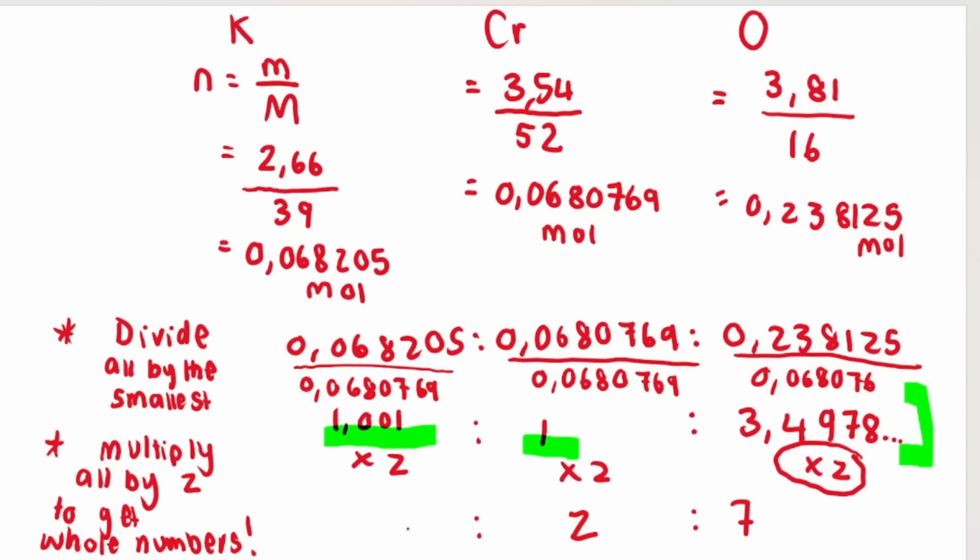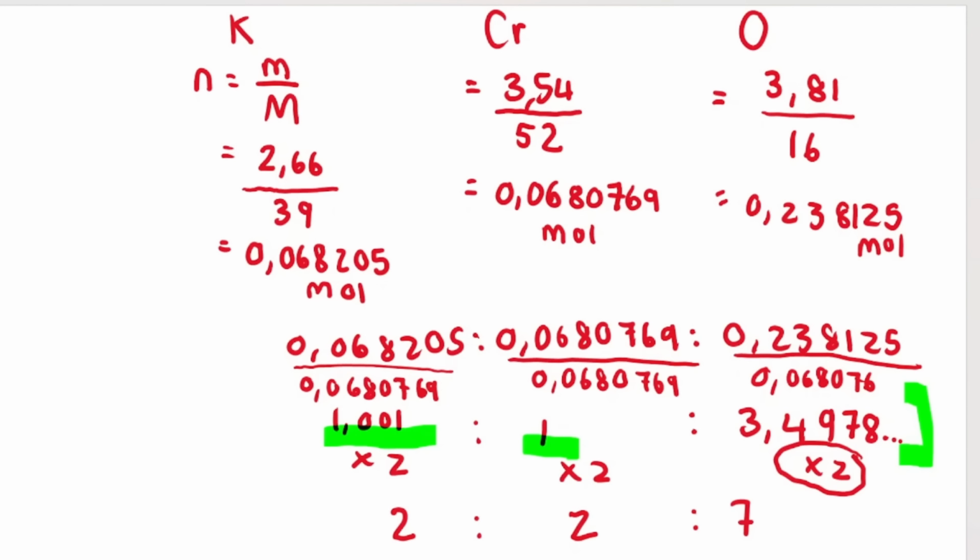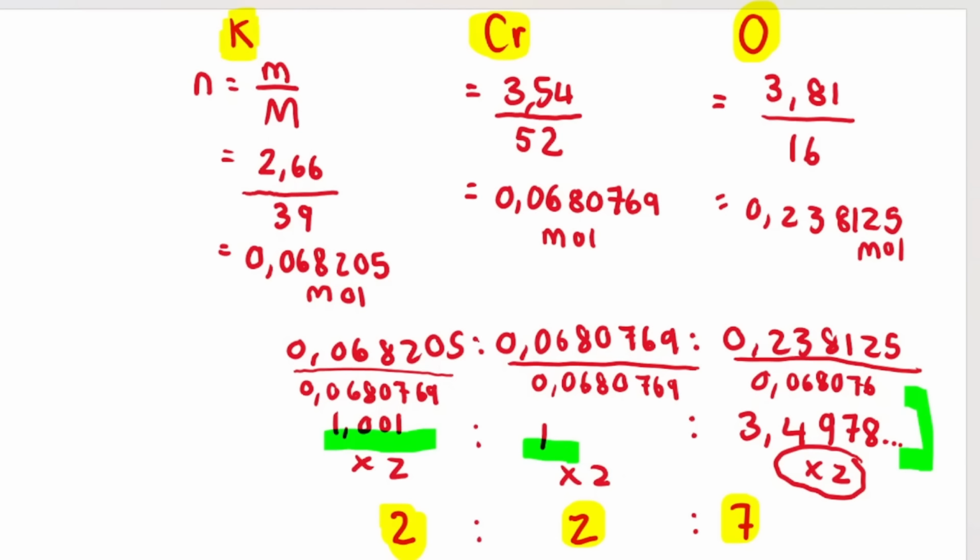But again, that 2.00, that's close enough to 2 for me to round it to 2. So now we've essentially got our simplest whole number ratio of atoms. And if you look carefully, this first part of the ratio corresponds to K. So we've got 2 potassiums in this compound. The second part of the ratio corresponds to chromium. We've got 2 chromium atoms. And the third part corresponds to oxygen. We've got 7 oxygen atoms. And that means that our empirical formula, so we're going to say, therefore, our empirical formula is